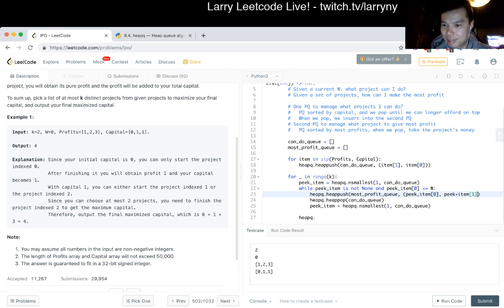So in theory, we have something like this, where the zero index is the capital, and the one index is the profit. So actually, we want to sort by the profit, and we want to do it negatively so that it automatically gets the smallest. So okay, now the pop of most profit queue.